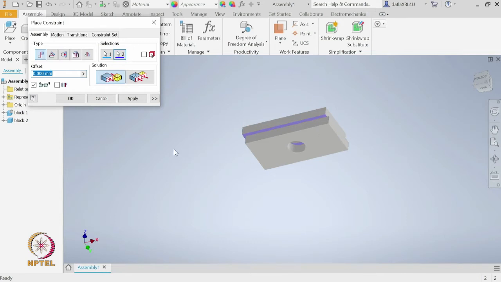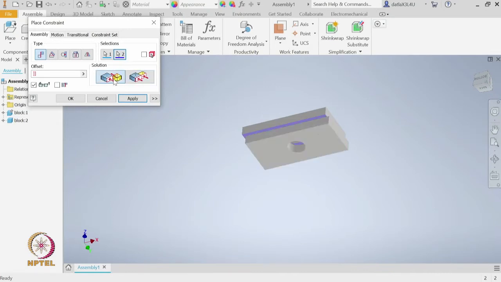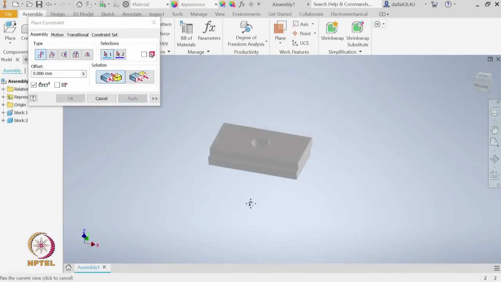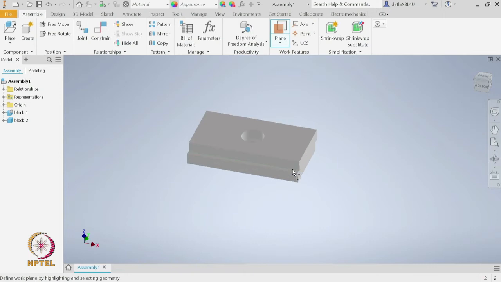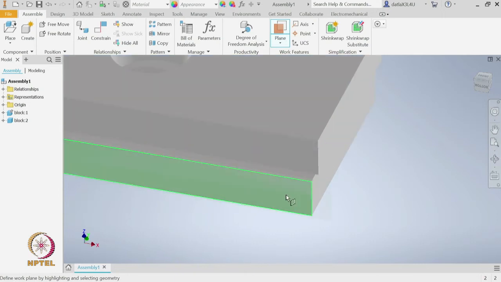Now, you see that both the surfaces are in a single plane, but then you have two options, whether both of them are mate or flush. Mate means these two surfaces are facing each other, whereas in flush both these blocks are on one side of the common plane. So, let us select the first option which is mate, which is what we require. After we apply this mate constraint, we see that both these components are now sitting on top of each other, but are they properly aligned? No. So, let us zoom in and see that this face is not properly aligned with the other face.